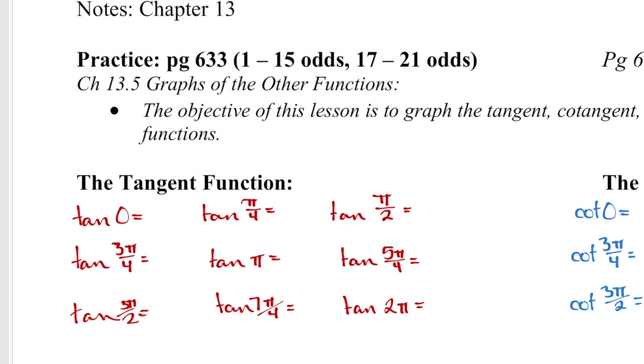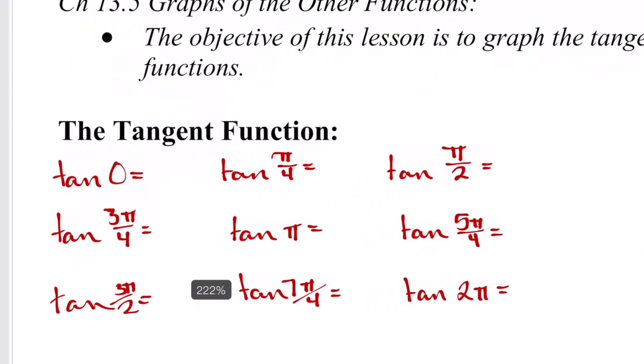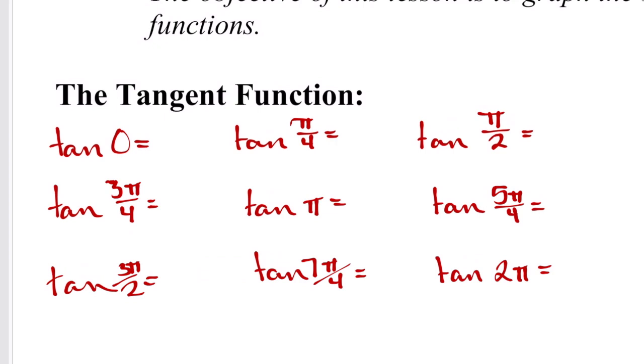In my previous video, we looked at graphs of sine and cosine. Today we're going to be looking at tangent, its reciprocal cotangent, and then the reciprocals of sine and cosine, which are secant and cosecant. So first thing, remember when we're graphing them, we're basically unwrapping the